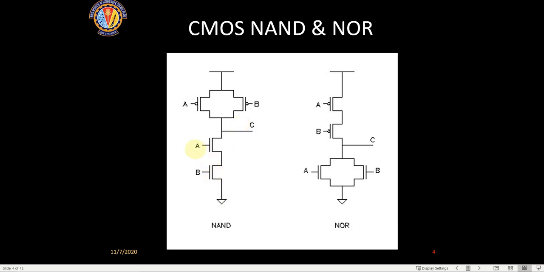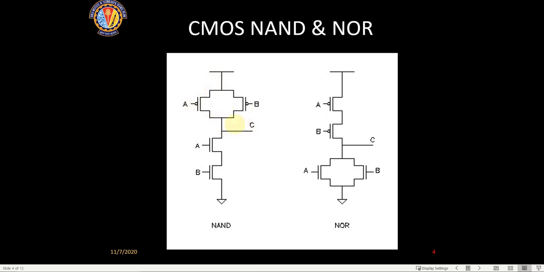If A is equal to 1 and B equal to 0, in that case this transistor is on but this is off. So C will still not get connected to ground, and since one of them is 0, there will be a path from VDD, so C will be high.